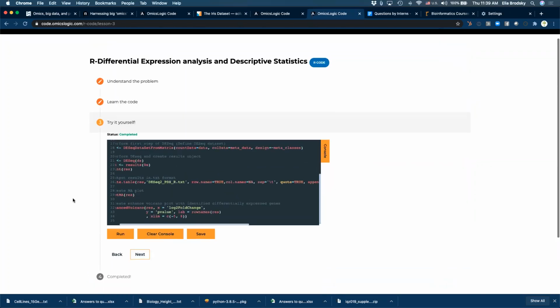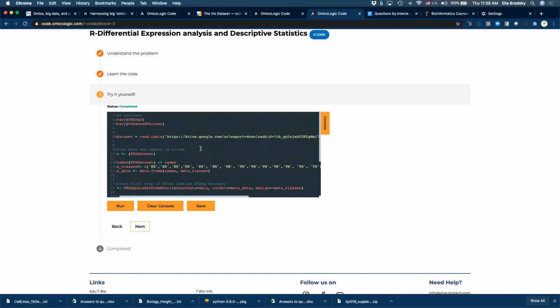You will see here, let's see if this is loaded. What you will see here is that we are comparing samples from two types of breast cancer, ER positive and triple negative. We are going to be looking at which genes, from the total number of genes that we have, are actually differentially expressed.